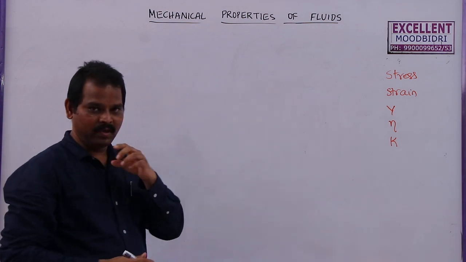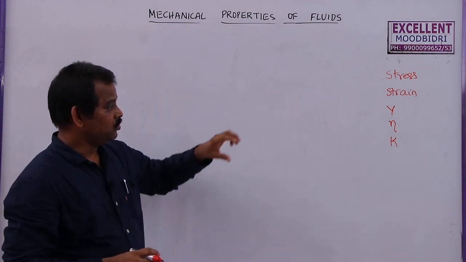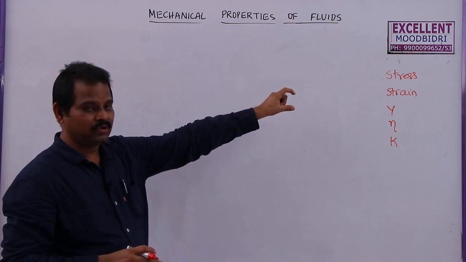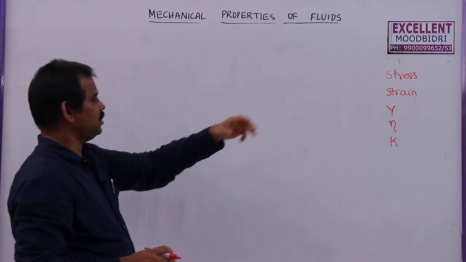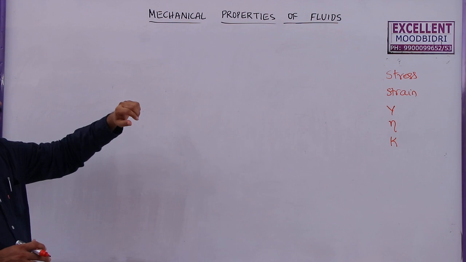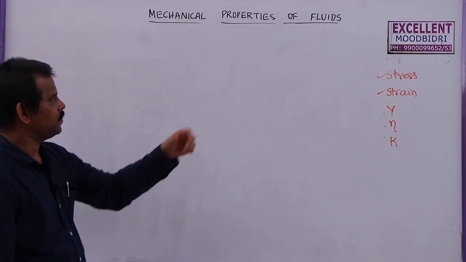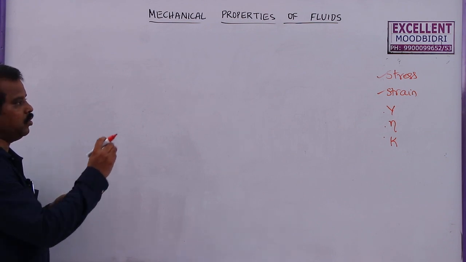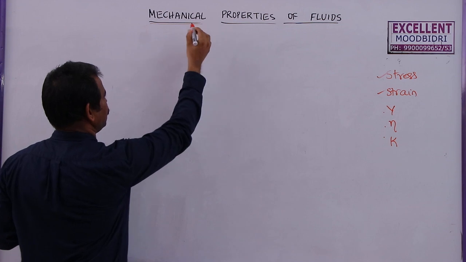That means how a body deforms under the application of stress on it and which type of strain it may produce in it because of different stresses. So that we studied about solids. Now what about these fluids, whether they undergo strain or not when a stress is applied on it? So what is the behavior of fluids under these stresses? So this is called mechanical properties.